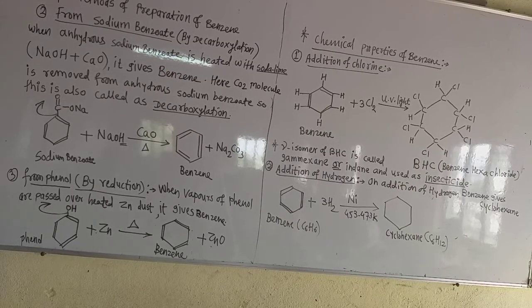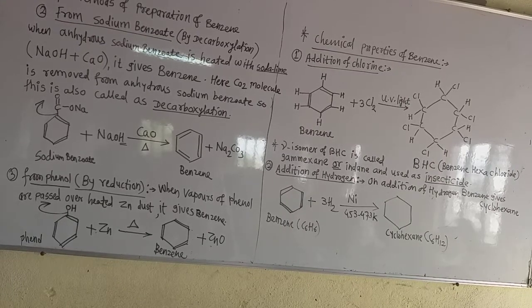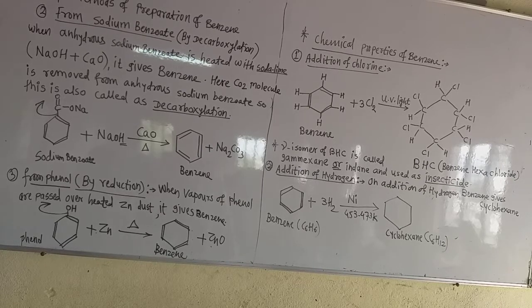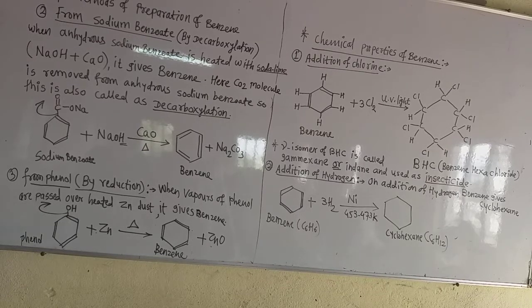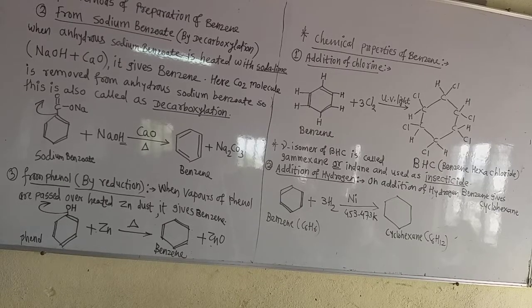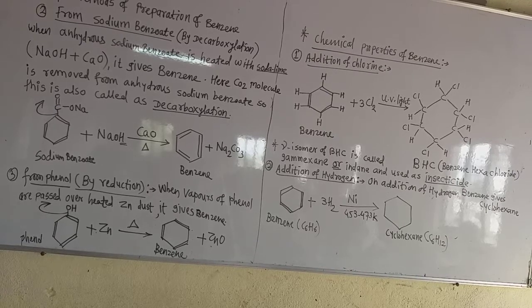That means poisonous. Benzene is a poisonous compound which on inhalation leads to unconsciousness. Unconsciousness means there is no sensation, and we feel anesthetic. Anesthetic means unconsciousness. As doctors give us some anesthetic during operations, at that time we do not have any sensation. Such a feeling occurs if benzene vapors are inhaled by us. So the benzene bottles in the laboratory always have a cork. Now the chemical properties of benzene.